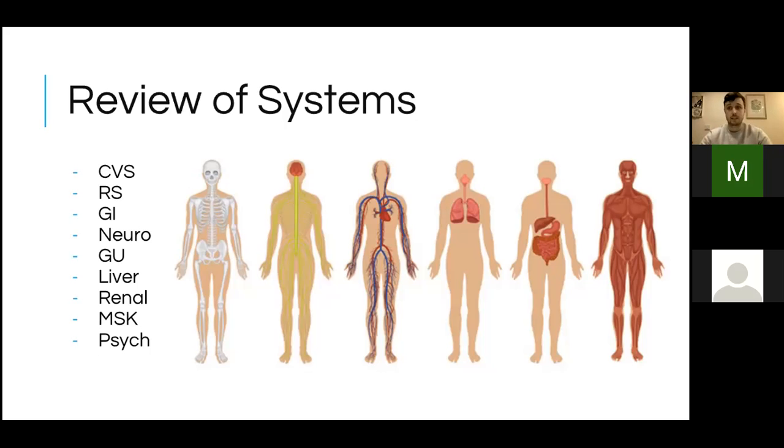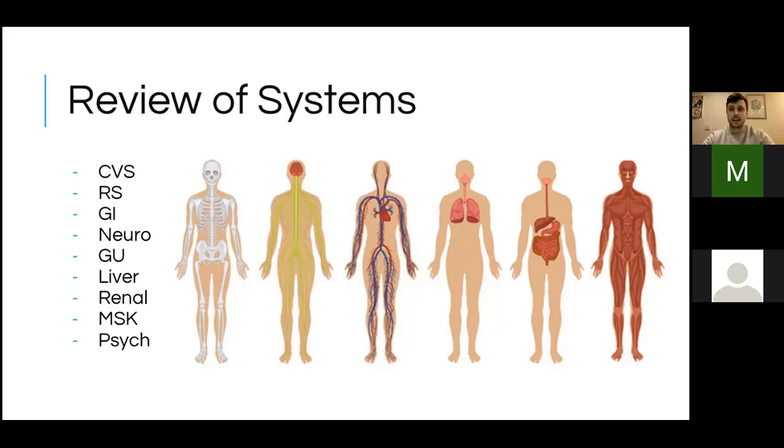If the patient consents, I'll ask, have you experienced any headache? Have you experienced any visual symptoms? Any trouble swallowing, eating, drinking? Any chest pain, shortness of breath, palpitations? Any tummy pain? Have you been peeing normally? Talk quickly about periods, and then any leg pain or arm pain. And that's it. So literally working through every single system from the top to the bottom. I find it quite useful.